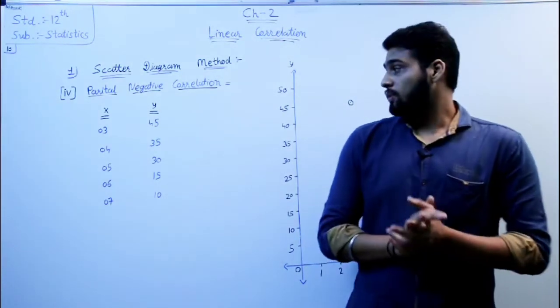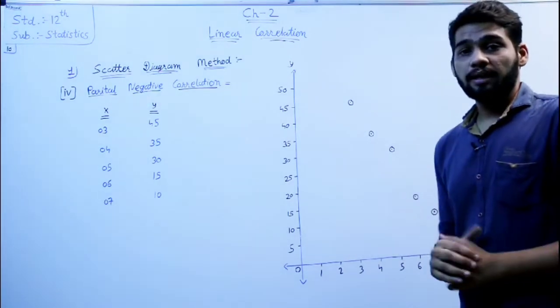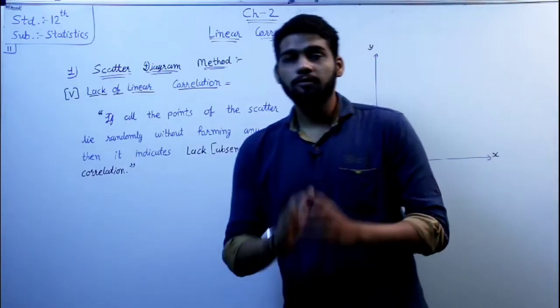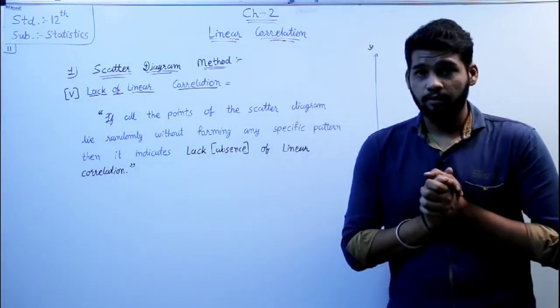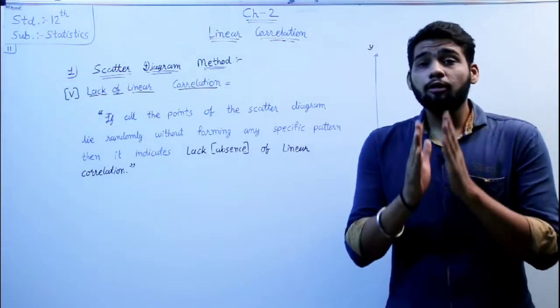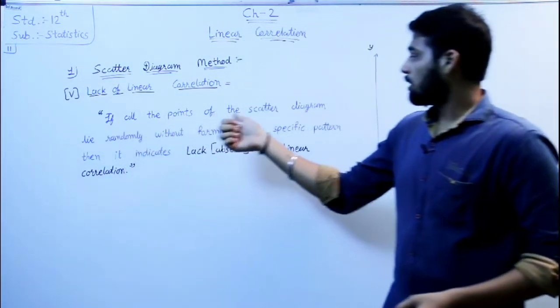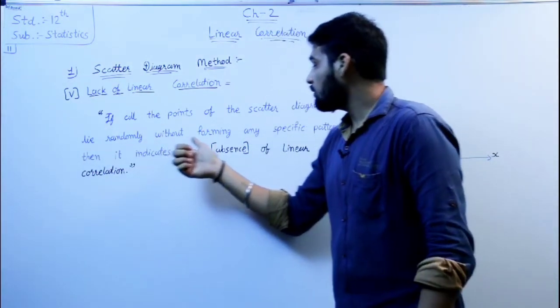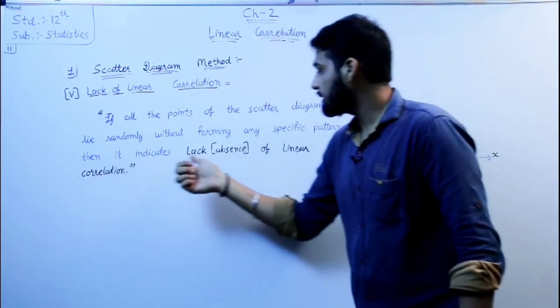Okay students, so please note down this graph in your graph paper. So I hope you all have understood. So please note down, the last type of scatter diagram method is lack of linear correlation. Okay, so what is lack of linear correlation, students? So if all the points of the scatter diagram lie randomly without forming any specific pattern, then it indicates lack